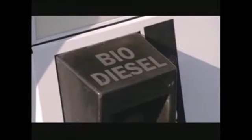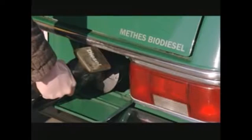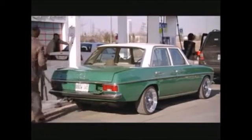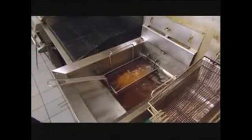If your car has a diesel engine, it can run on biodiesel fuel, usually without requiring any modifications. While biodiesel and petroleum diesel are similar in energy efficiency and fuel economy, biodiesel is more eco-friendly for starters. It can be made from what would otherwise have been waste, for example from vegetable oil of your local fast